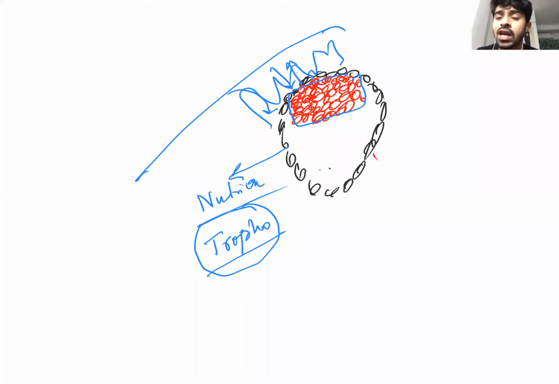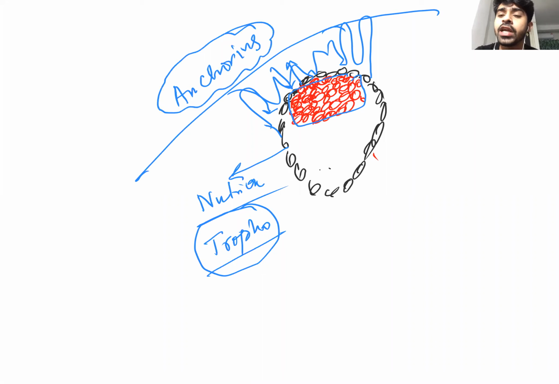There are some sub-modifications of this trophoblast layer, which is known as in situ trophoblast, and that helps in direct anchoring of the fetus with the endometrium of the mother. So these are two important MCQ points. But right now I will cover each and every MCQ from the inner cell mass.